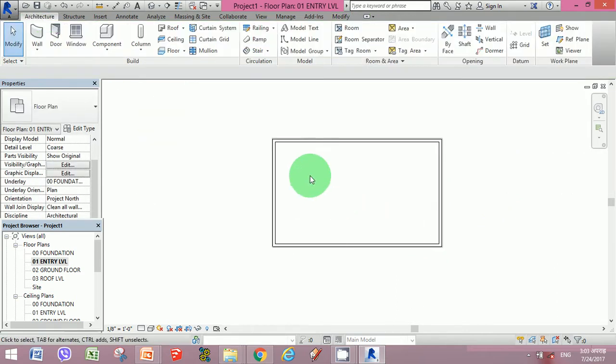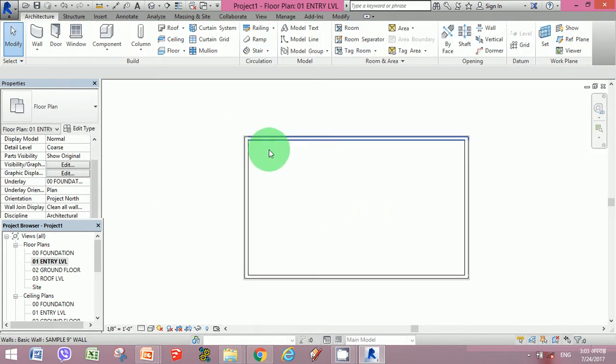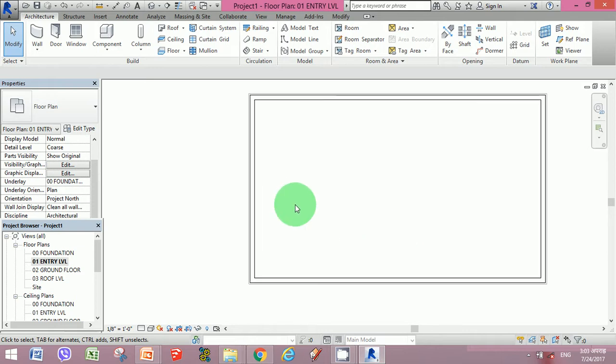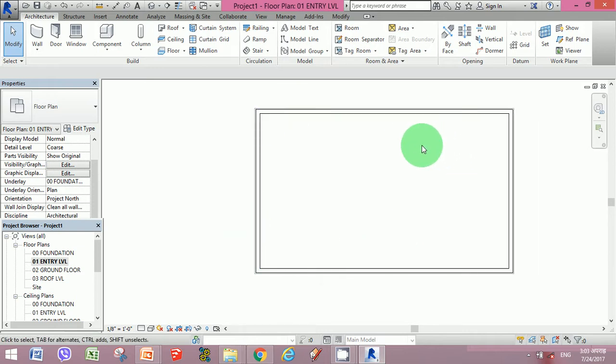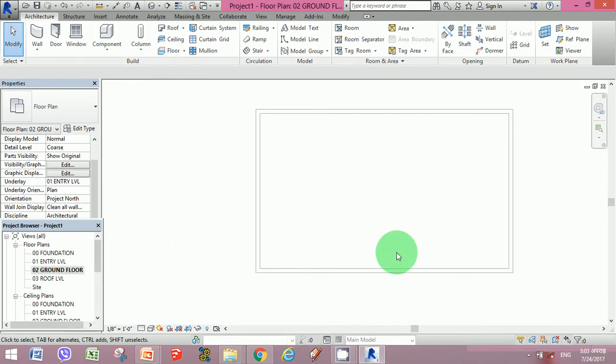Once our desired walls have been created, these walls will represent our sample walls. Let's go to the ground floor menu, double click the ground floor tab, and you'd find the painted expression of the ground floor. This is the entry level walls that we're seeing right now for our reference.